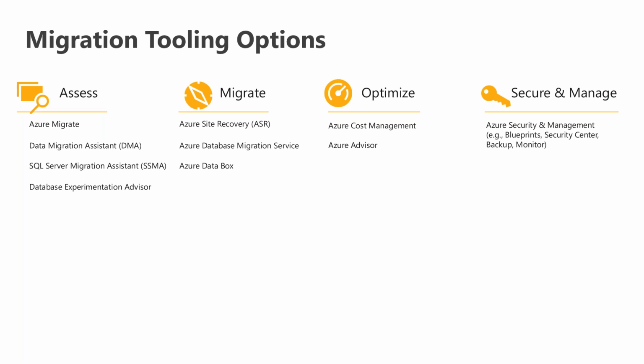tool that can show you where you can make savings. So it will give you advice around VMs that you've loaded that are not being utilized enough, and you can scale them down. You might have VMs that you're using quite a lot, and you might want to gain extra savings through hybrid benefit or reserved instances. The Azure Advisor is a really key tool to show you where those savings are, and it's quite a transparent tool. It doesn't matter what workload you're running on there; it looks at the actual workload